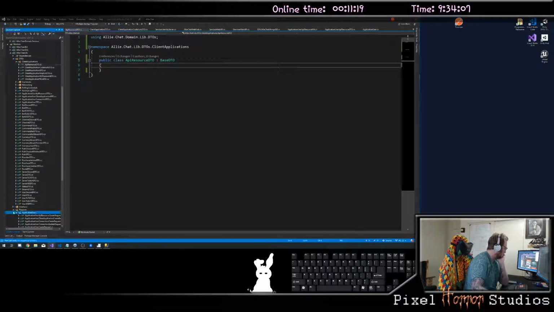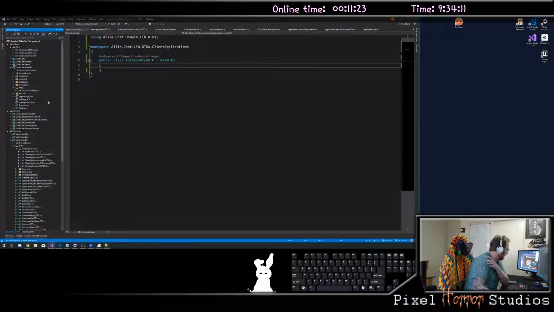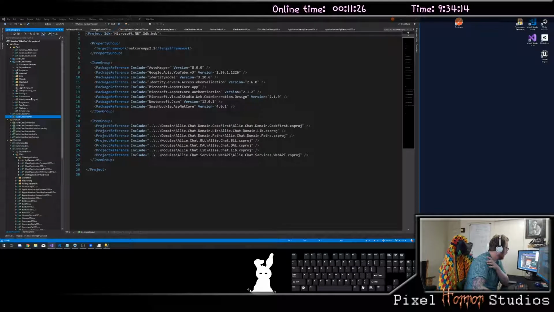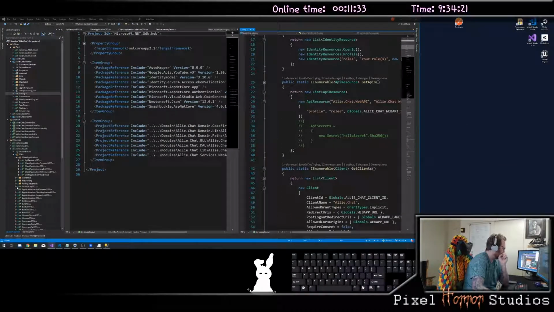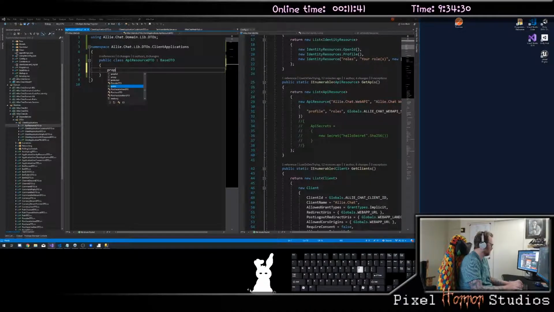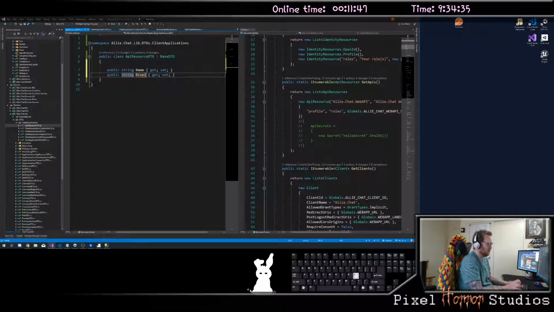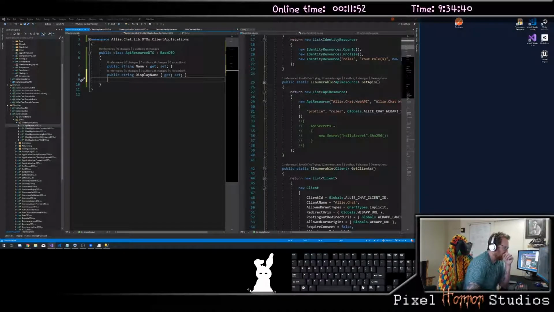So if I look at this, let's finish these up real quick. If I look at my identity server config, I see that an API resource has a number of these. Well, it's got a name and a display name. And then it's going to have an array of the number of scopes. And each scope